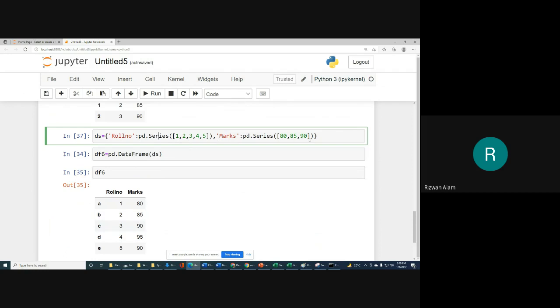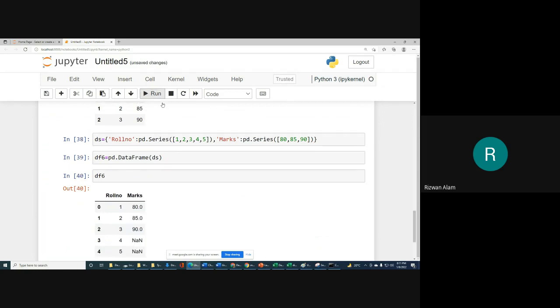We are not going to change that. Next, in roll number we have 1 2 3 4 5. In marks we have 80, 85 and 90, which means only 3 values. Now we want to see what the pandas data frame will store for the rest of the 2 roll numbers in the column of marks, because roll numbers go till 5, but in marks we have only 3 values. So what will it store for the rest of the 2 values in marks? Let me run this one, and you will see.